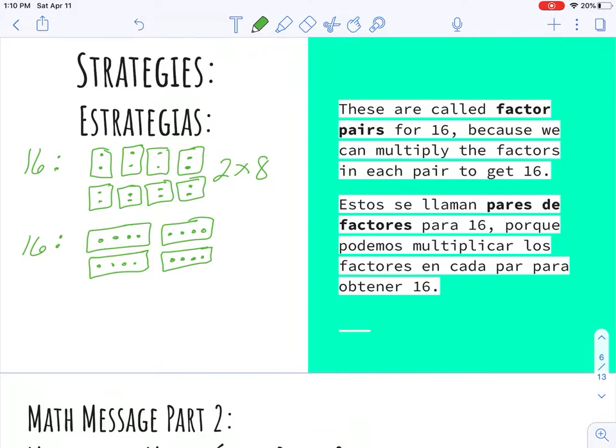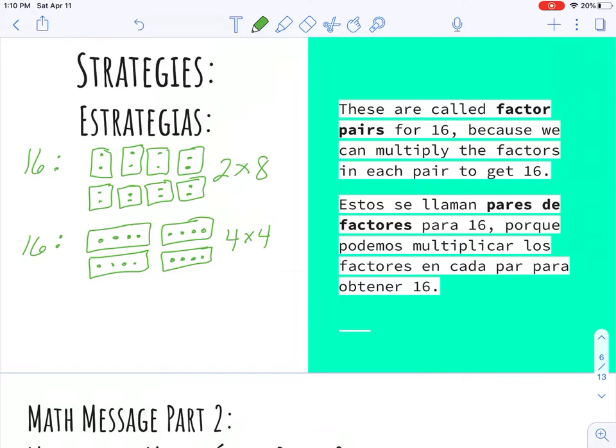So there's 4, 8, 12, 16. So that was 4 times 4. So I know that 2 times 8 gives me 16 and 4 times 4 gives me 16. I cannot count by 5s to get 16 because when I count by 5s, I do 5, 10, 15, 20. So if I had cartons with 15, I'd have 1 left over,